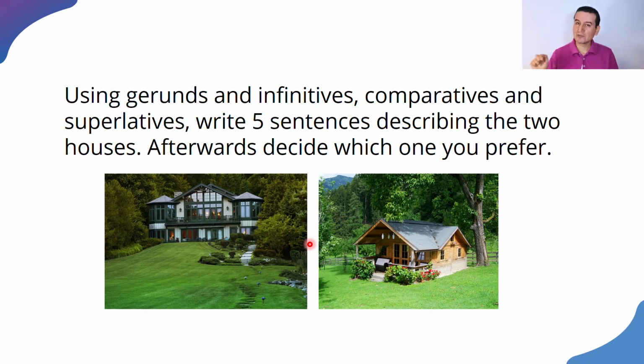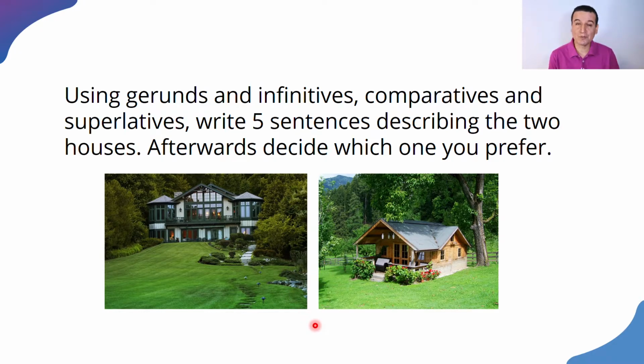So let's read the instructions. Using gerunds and infinitives, comparatives and superlatives, write 5 sentences, only 5 sentences, no more, describing these two houses. Afterwards, decide which one you prefer. All right? So the assignment is for you to think of 5 things that you can say about these two